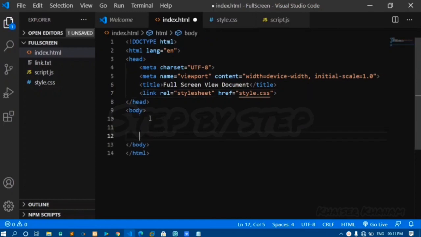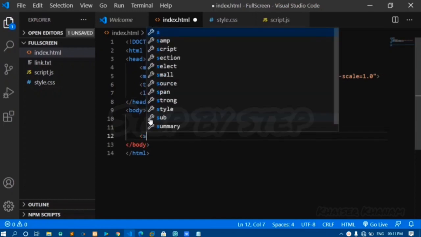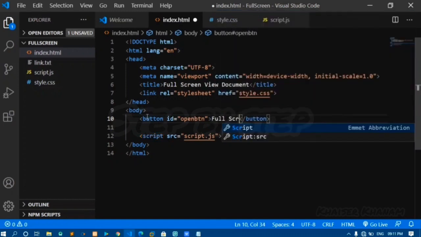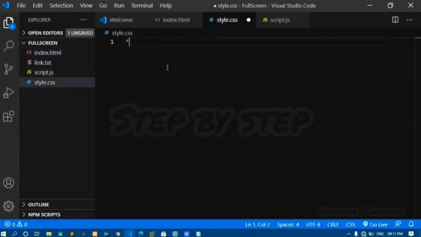And just before the body tag I will link my JavaScript. Inside my body I will create one button, and for that button I will give an ID as open btn, and I'll give the text as full screen. Save this one, come to CSS file, give this